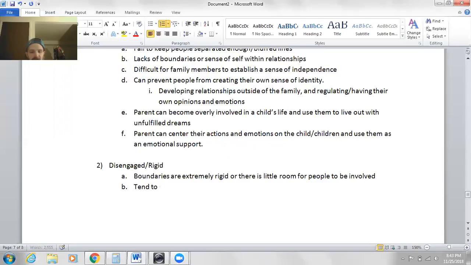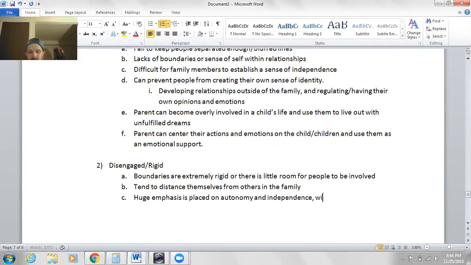So they tend to distance themselves from others in the family. So they value, emphasis is placed on autonomy and independence, which lowers the value